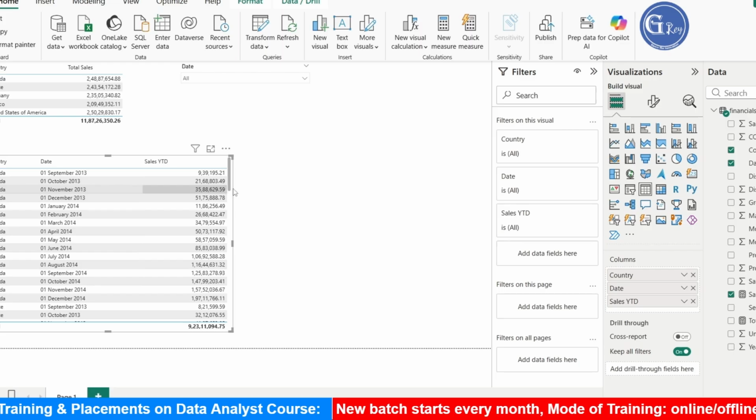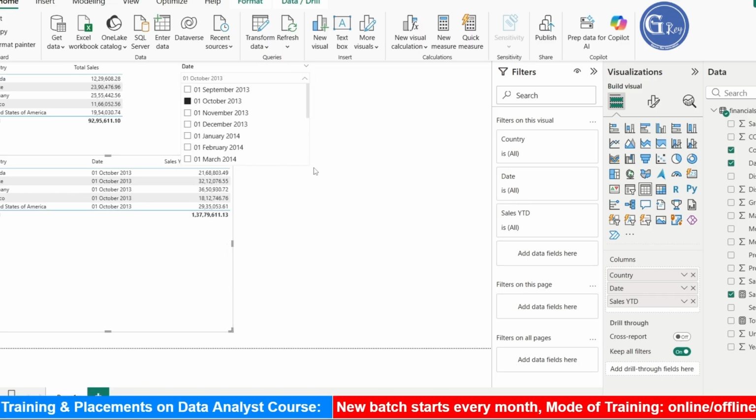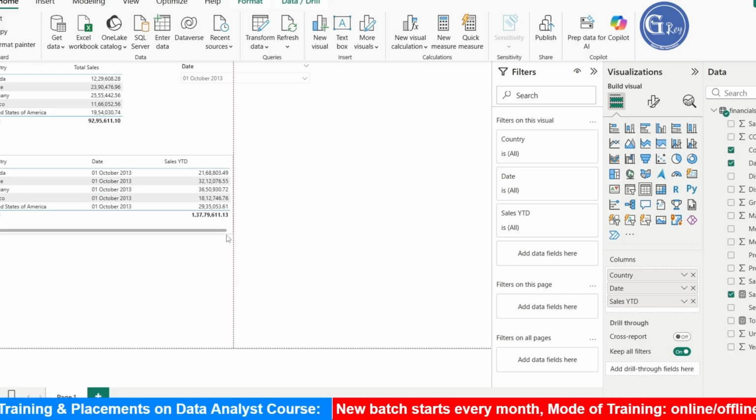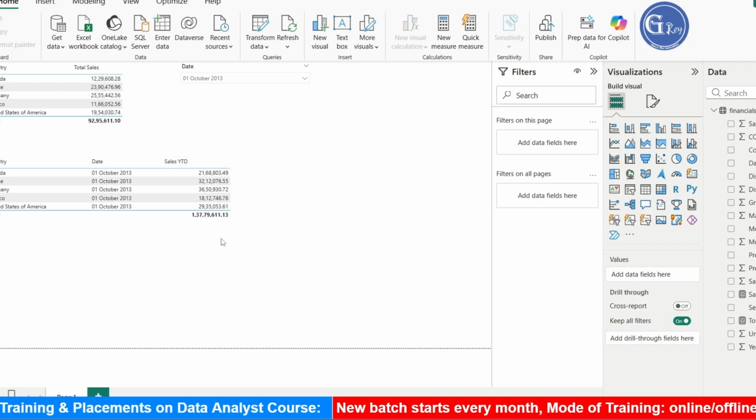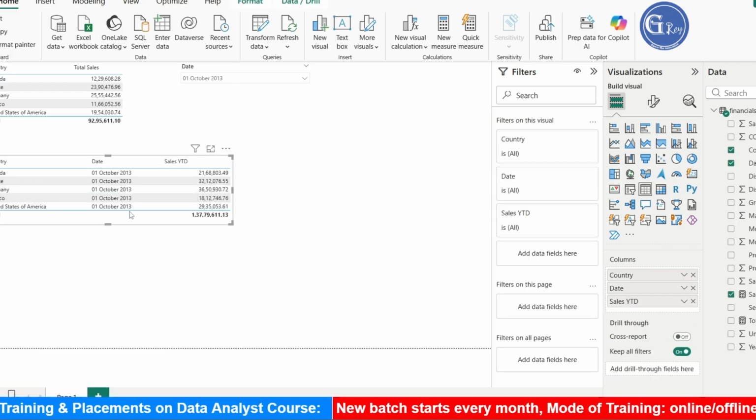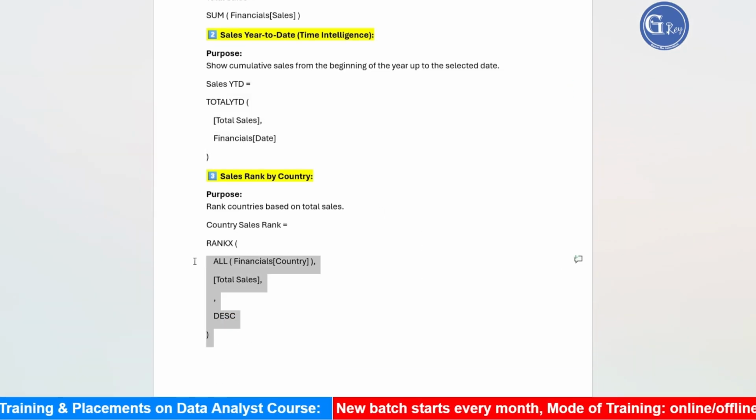Here we have all dates. If you want to select some particular date, then for that date you'll have different sales YTD, year-to-date sales, that we can have here. That means October 1, 2, 3, something like this you'll have for different countries. In the same way, we are going to work with other